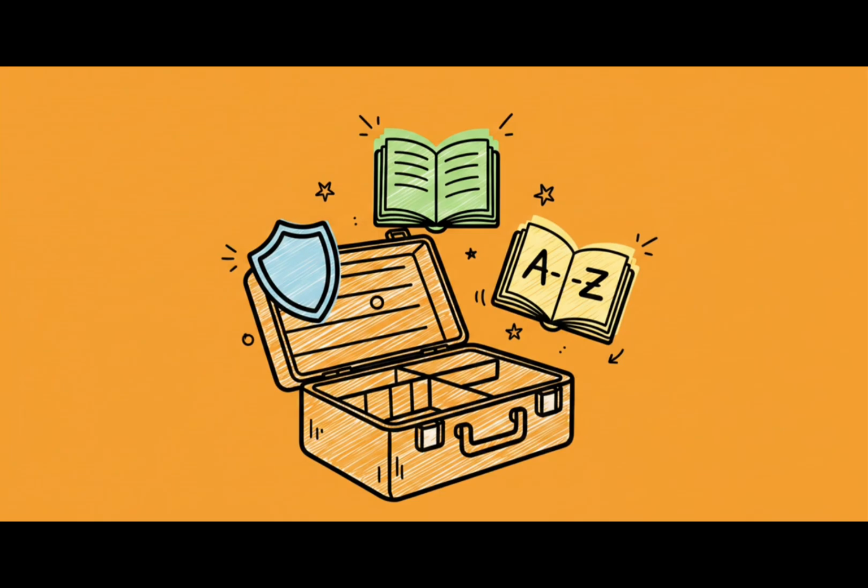Part 19 isn't a junk drawer at all. A better way to see it is as the Constitution's essential toolbox. And inside this toolbox, we find three critical tools that make the entire system function: a powerful shield, a very clear rulebook, and an absolutely indispensable dictionary. So let's open it up and take a look at that first tool.